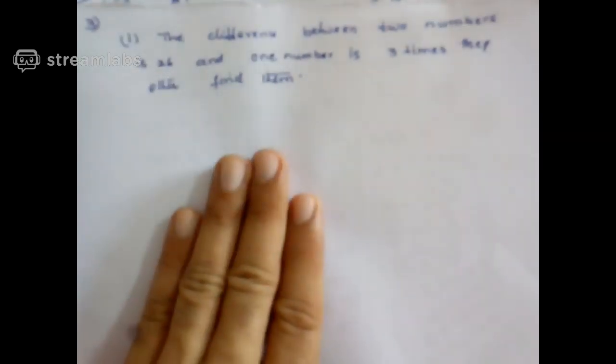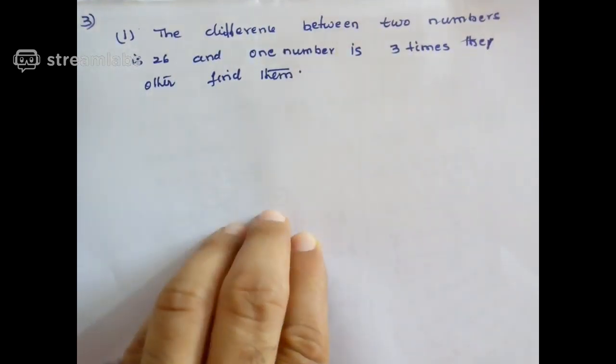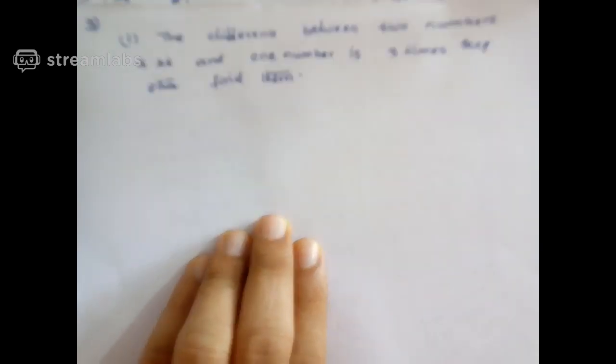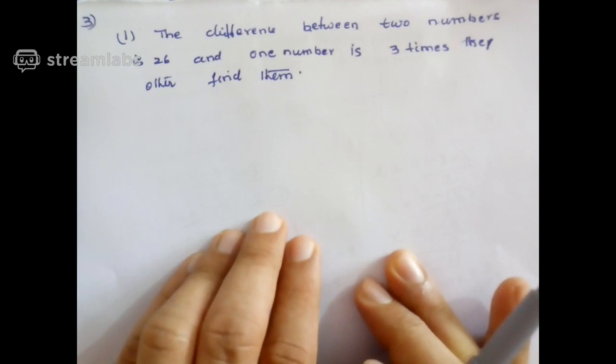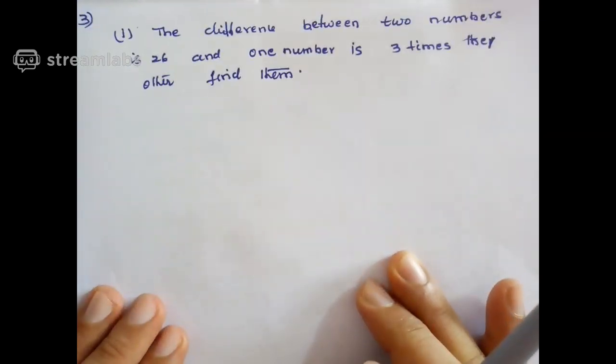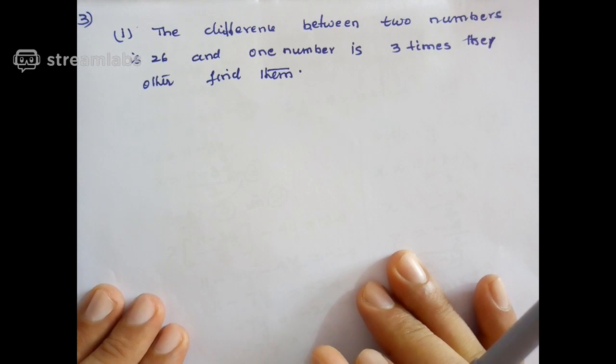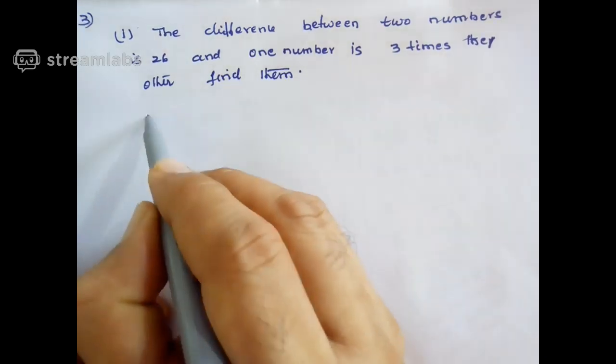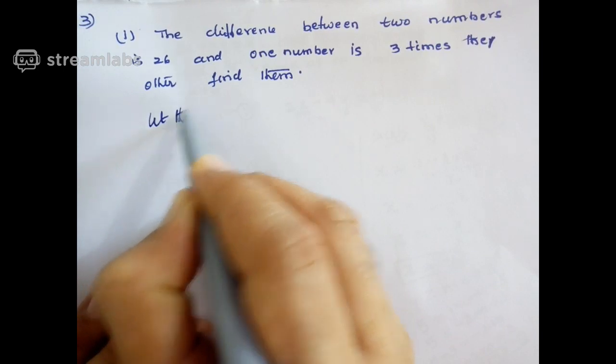Okay, solve the third main, first one. The difference between two numbers is 26 and one number is 3 times the other. Find them. So let the two numbers